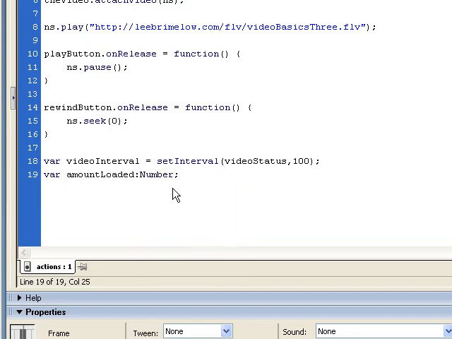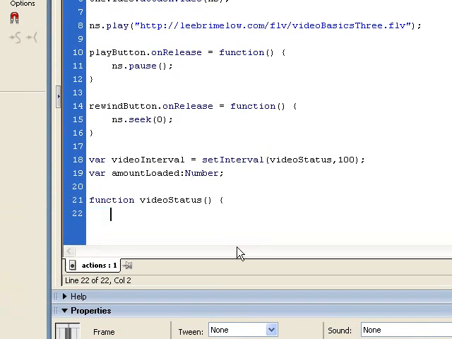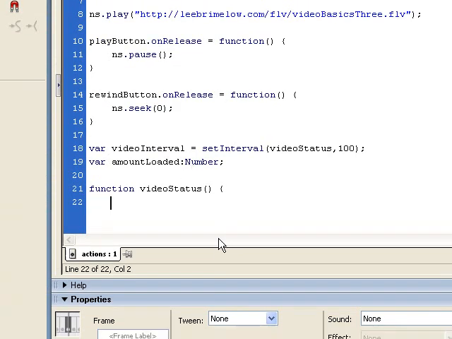Okay, so now we're set to start writing our function code. So I'm going to come down and say function, and we're calling this function videoStatus, and we're not going to be sending any parameters to it. So this is going to be called 10 times a second, and each time I want to set amountLoaded equal to the percentage downloaded of our video. So I'm going to say amountLoaded